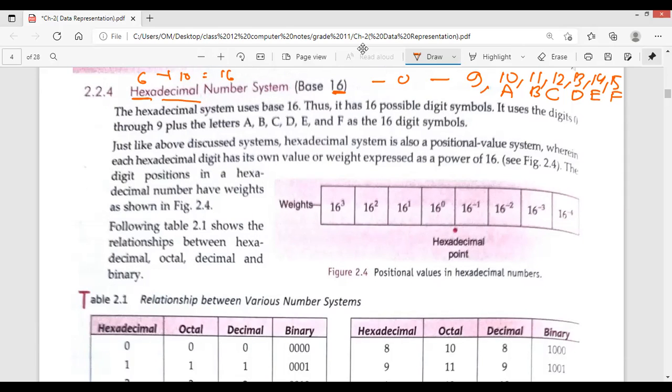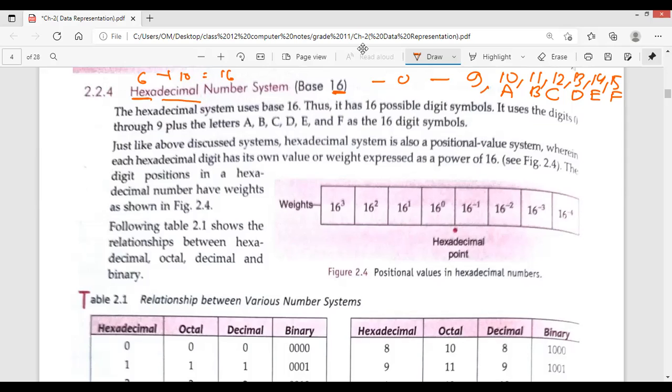So if somebody is asking what are the different symbols of the hexadecimal number system, you will not write 0 to 9 and 10 to 15, or 0 to 15. Do not write that. You will write 0 to 9 and then A, B, C, D, E, F. And A is representing the value 10. And as you move forward, it increases by 1. If you are going to B, it means 10 plus 1, 11. C means 10 plus 2, 12. That way it represents the number.